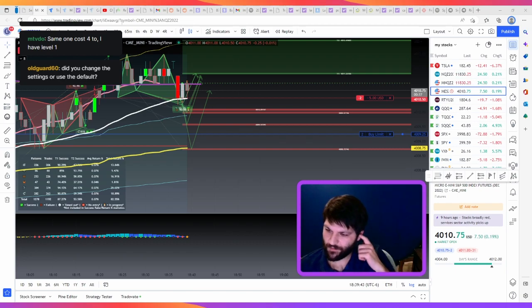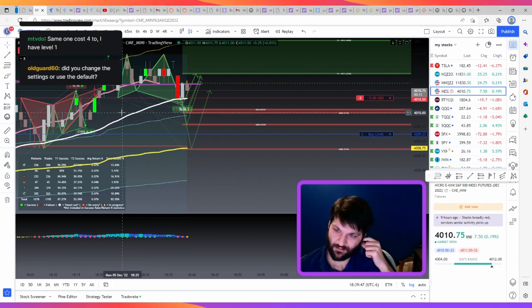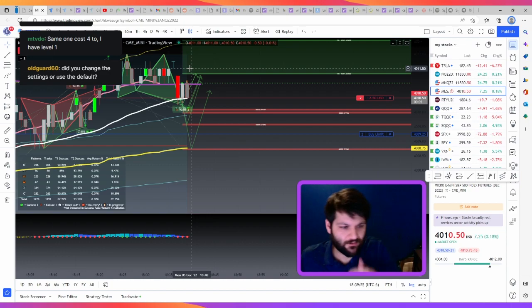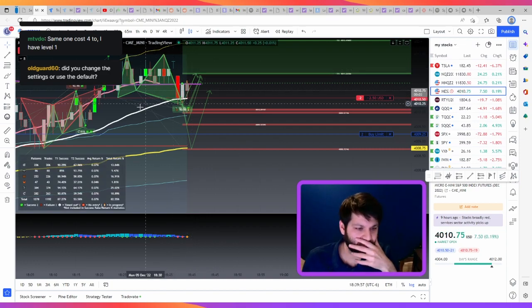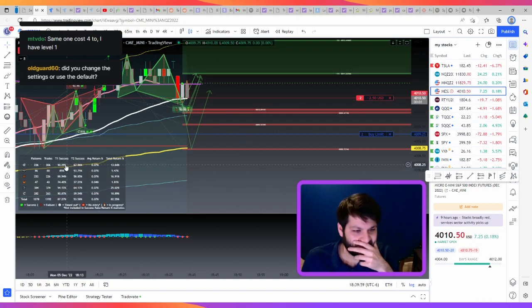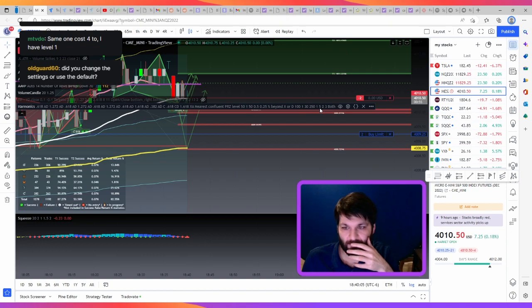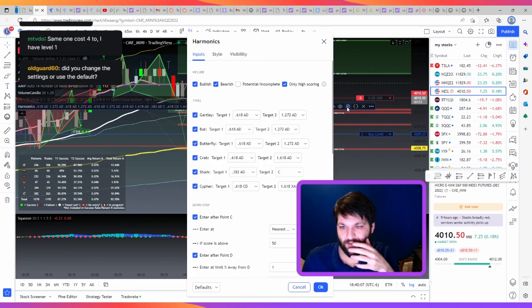I did change some of the settings, but they were sent to me to be changed. Like, the guy who showed me this indicator in the first place told me he tweaked them and to test it out, so I'm testing it out. Anything under 80% I'm going to take off, so crab. Go ahead and take that off, and watch, this is going to jump to like 90%.